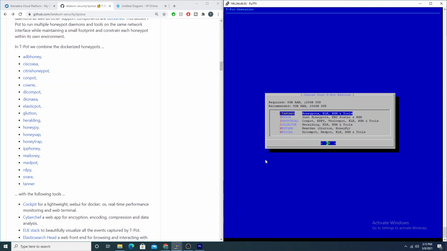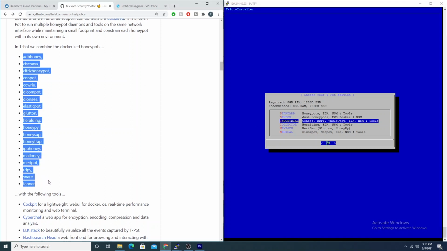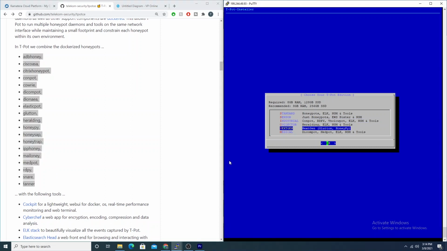Now it's asking me to download a version of the honeypot, of T-Pot. So I'm going to go ahead and go with the standard. This deploys everything. There are a few other variations we can choose depending on the type of network that we're deploying this in. There's an industrial deployment where it basically stands up different variations of these honeypot services, right? And so maybe we want to mimic some vulnerable PLCs, right? If I'm in a manufacturing plant,